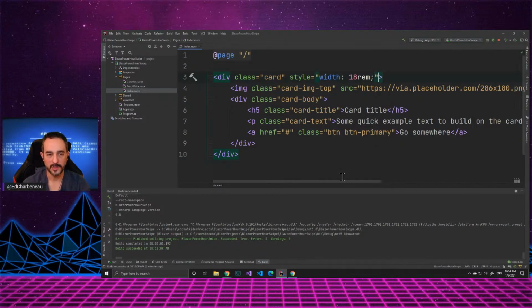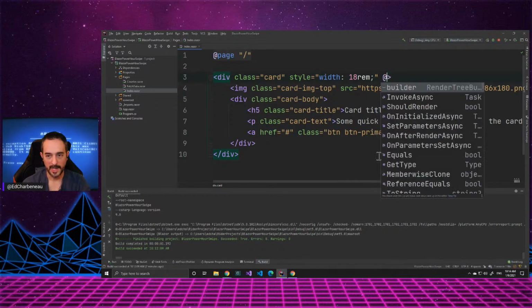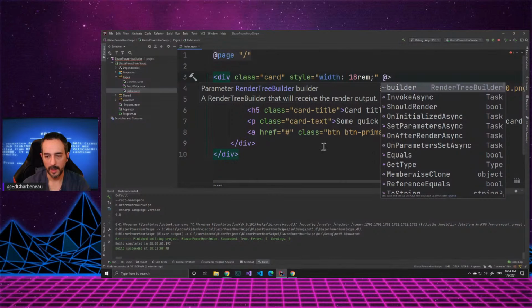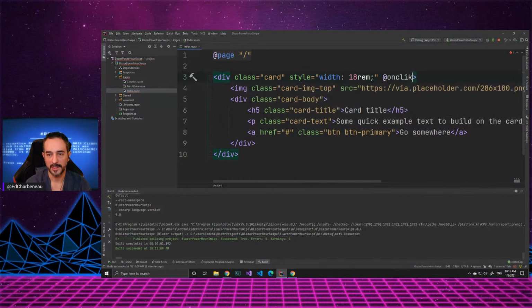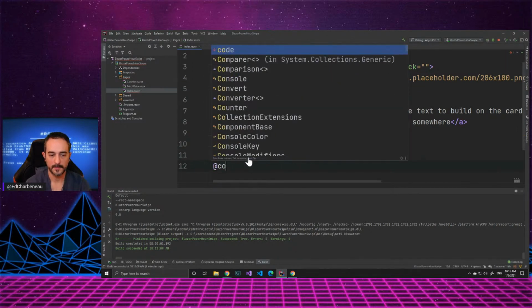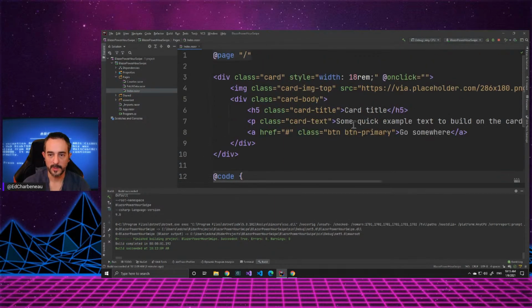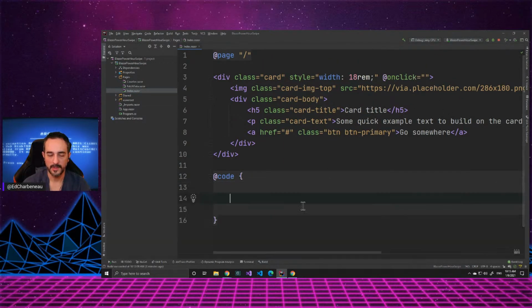To bind to an event in Blazor, we use the @ directive, and then we can call out various events that happen on an HTML element. So I could say @onclick, and I could bind to a click event on an HTML element, and then I would give it some method. Let's go ahead and just do one of these, for example. I need a code block here, and then we would need some sort of event handler to handle this click event. So I could say void HandleClick,